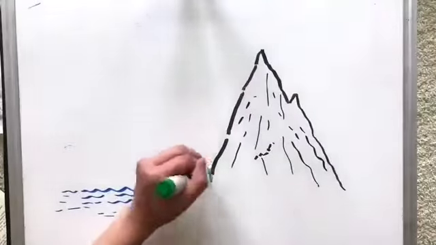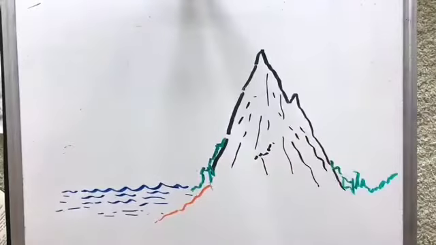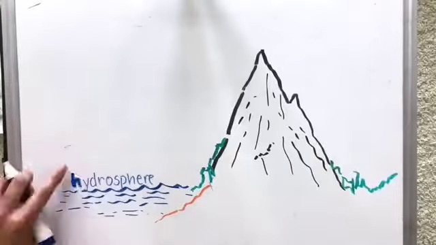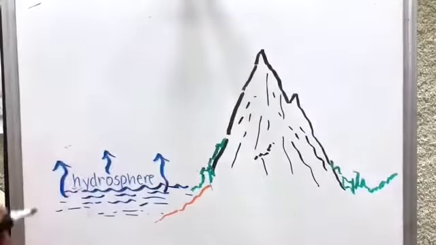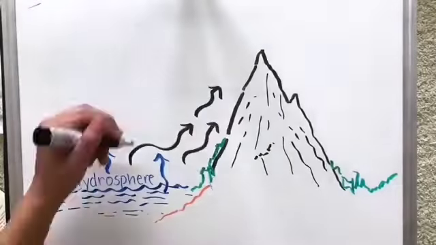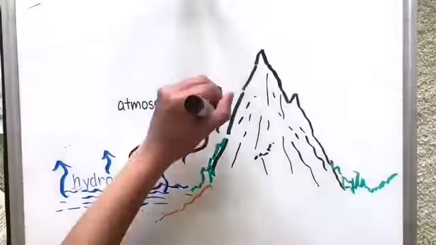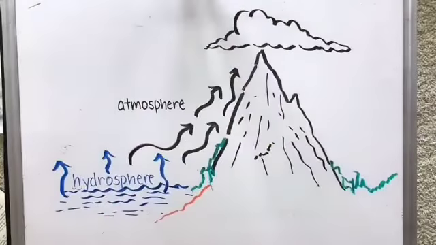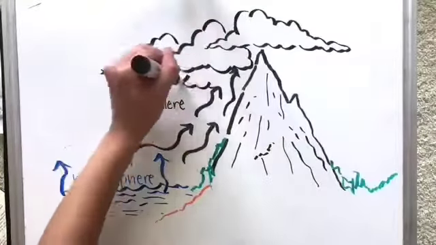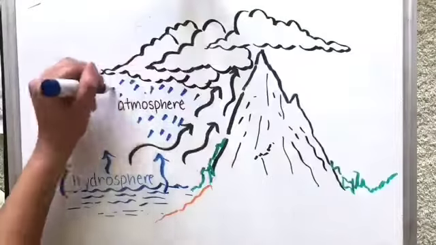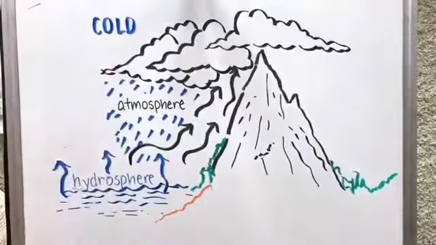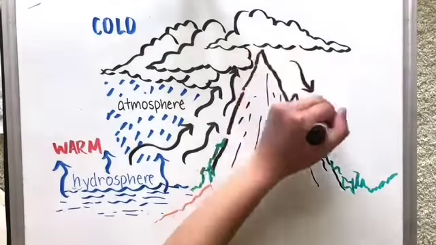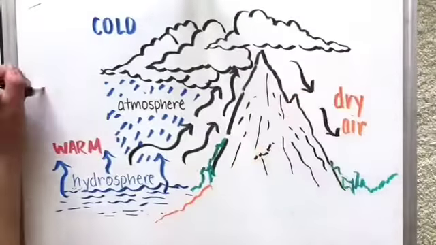Why is the weather worse on a high mountain? Let's say we have a body of water at the base. When water evaporates into the air here, it is transported by winds up the side of the mountain. As it goes up, it cools in the atmosphere, and a lot of the moisture condenses into clouds. Later on, this rain will fall on this side of the mountain. As the air continues down the other side of the mountain, it'll warm up and dry out into dry air.